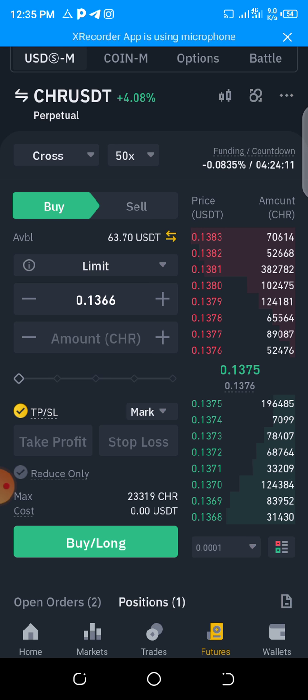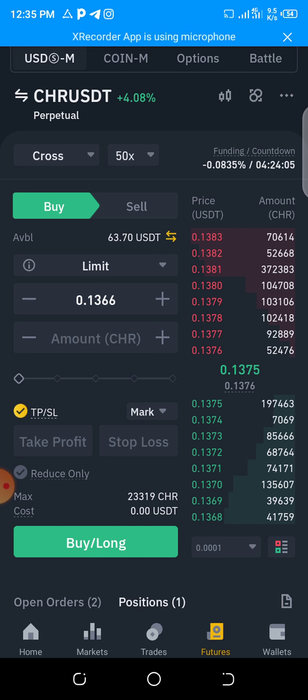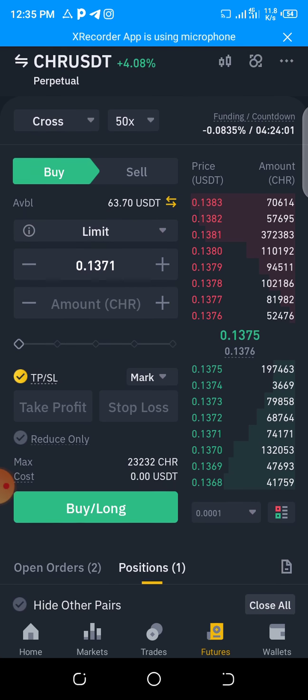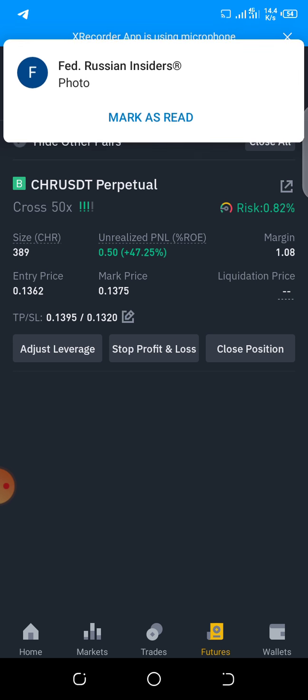Like I told you, it's not spot. If you are using short, it means you are selling off. If you are selling, you are making profit. If you are buying, you are also making profit. Understand? So that is it. Maybe for now, the market is still pumping. It's getting to 13.75. Maybe when it gets to a better price, I might just come back.